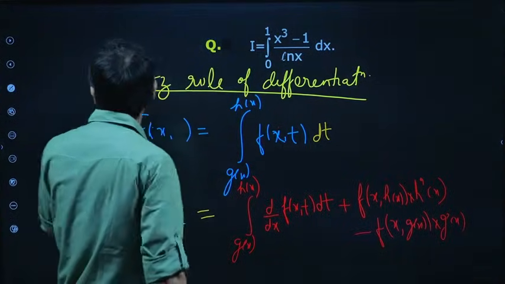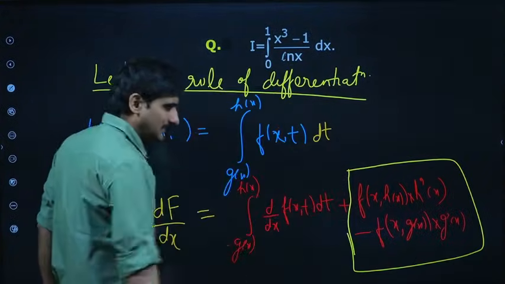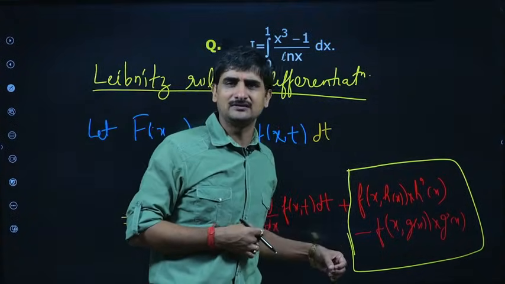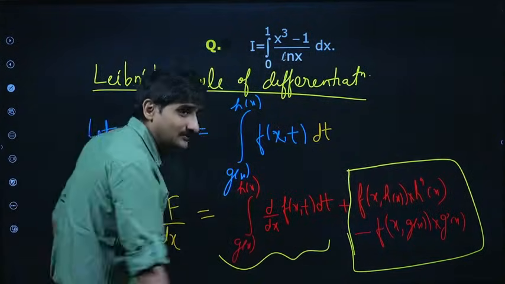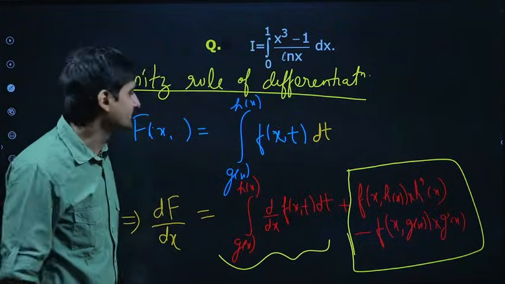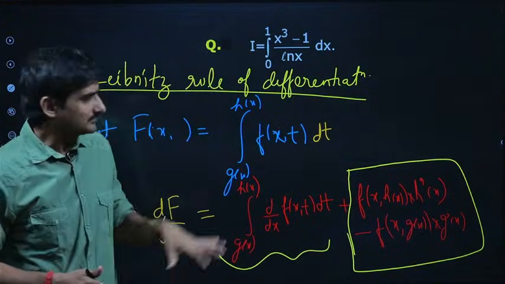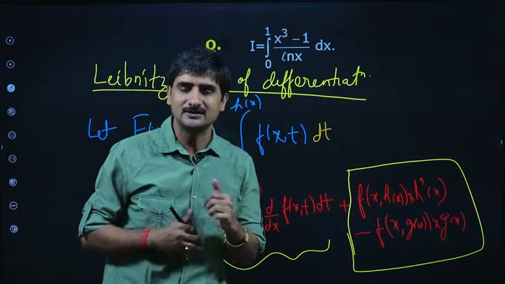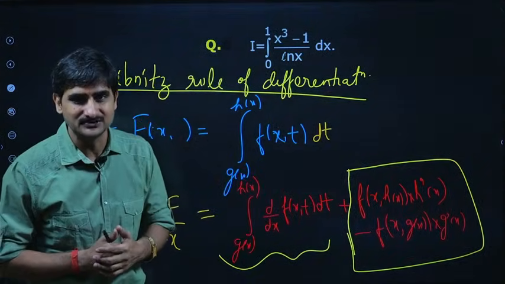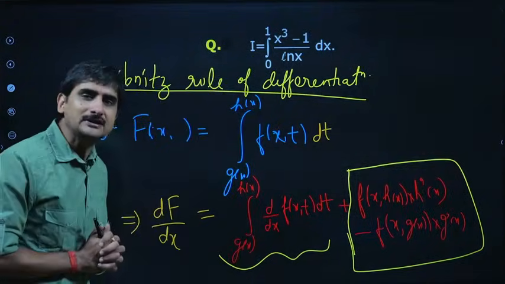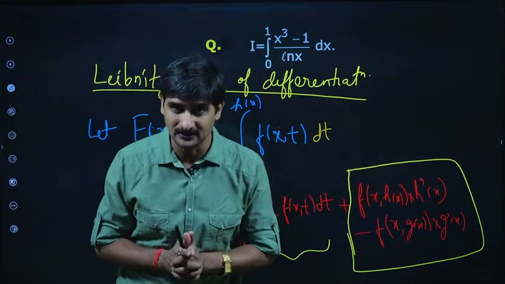Actually, what happens is we normally use only this first portion, almost 99.9 percent of the time. So that's why we miss the other portion. You would have also found initially that I had to think to write this form, because we don't use it. So that's an exceptional type of question which I am sharing with you, which might be helpful for your advanced level questions. So that's your Leibniz rule of differentiation to differentiate a definite integral.